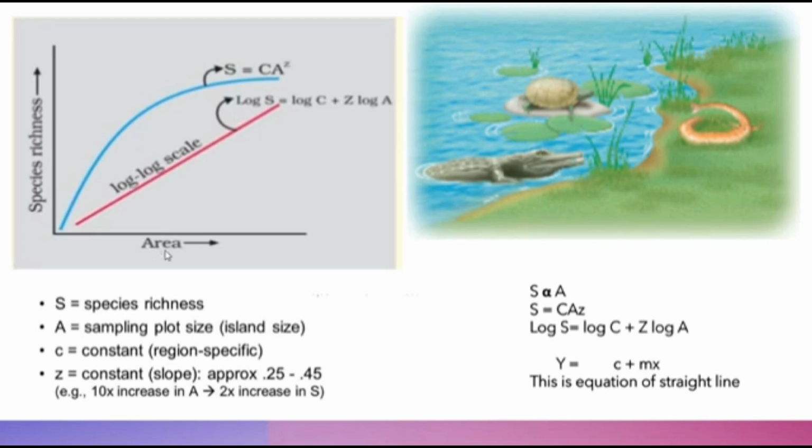If the graph is plotted area against the species richness, we will get a hyperbola which indicates that as the species increases, the area also will increase, or vice versa. If the area increases, the species also increases. Here in this picture, we can see that some of the organisms are living in the water, but when it comes to land and if it extends its area, the number of organisms also will be more in number.